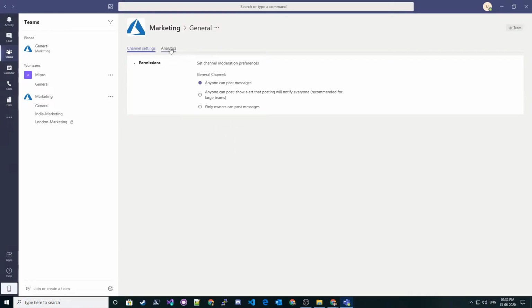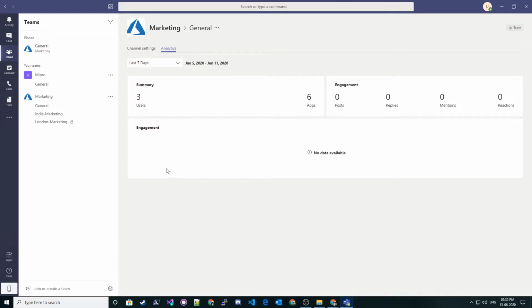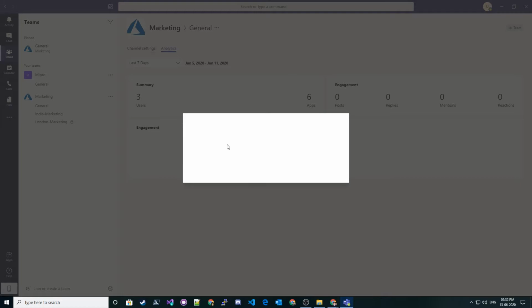Analytics is very similar to the one we saw earlier. So this is channel analytics. Earlier we saw the team analytics. You can go to manage channel. We have already seen these options. Get email address. So if you want to send an email to this specific team, you can fetch the email address of this team